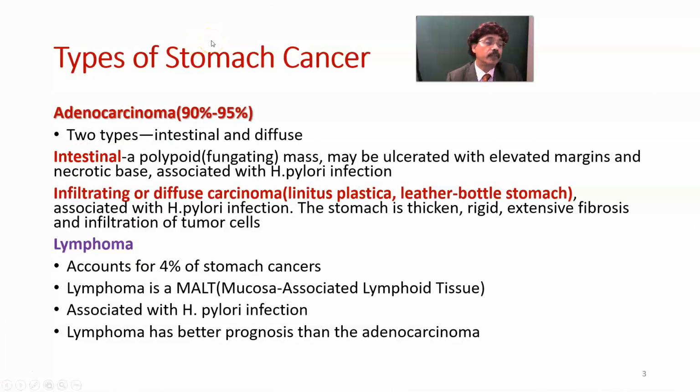Types of stomach cancer. Two types. One is intestinal type, another is diffuse type. Intestinal type is a polypoid, fungating, or cauliflower-like mass. May be ulcerated with elevated margin and necrotic base. Associated with Helicobacter pylori infection. You must remember that this is different from peptic ulcer. In peptic ulcer, the margin is not elevated, but in adenocarcinoma, polypoid, fungating, or cauliflower mass, ulceration will be associated with elevated margin